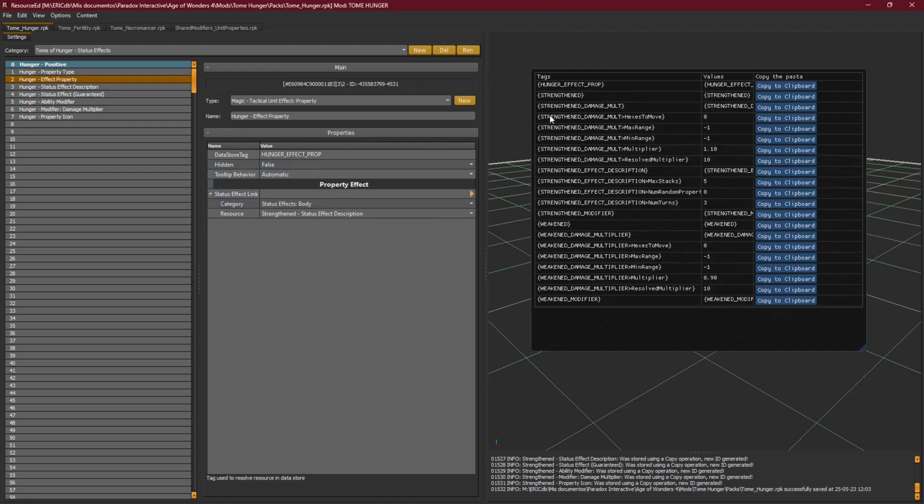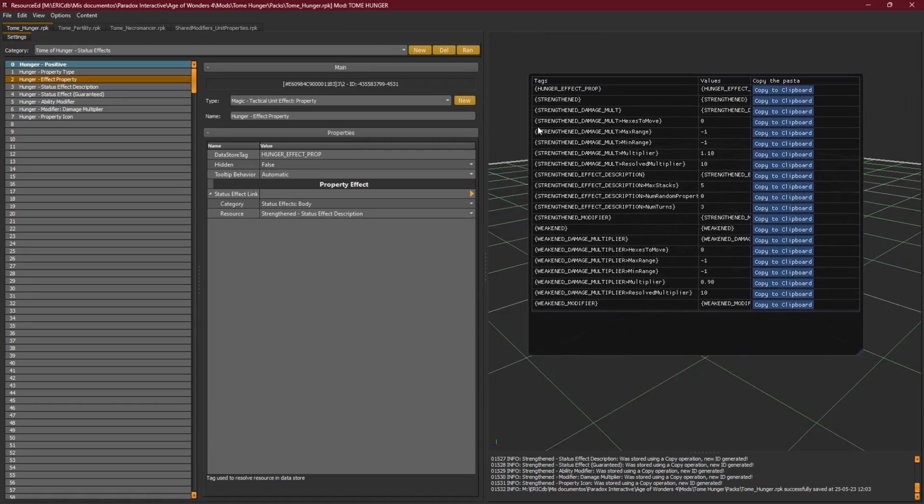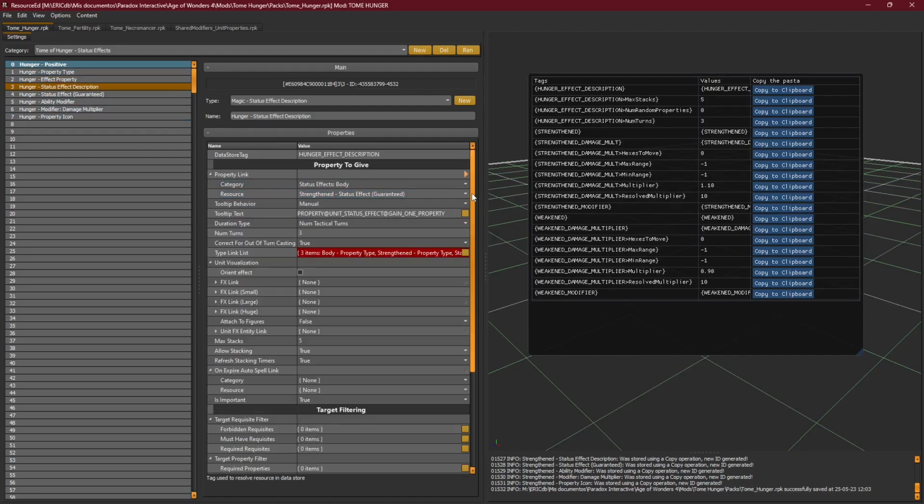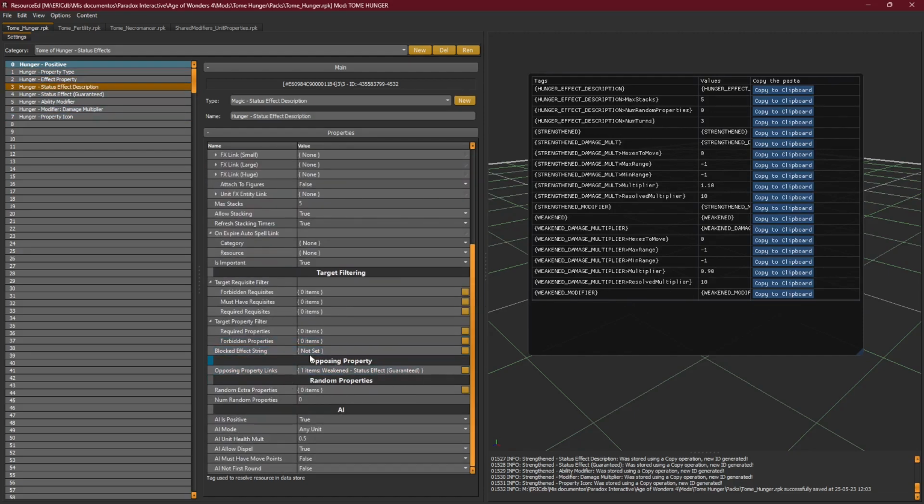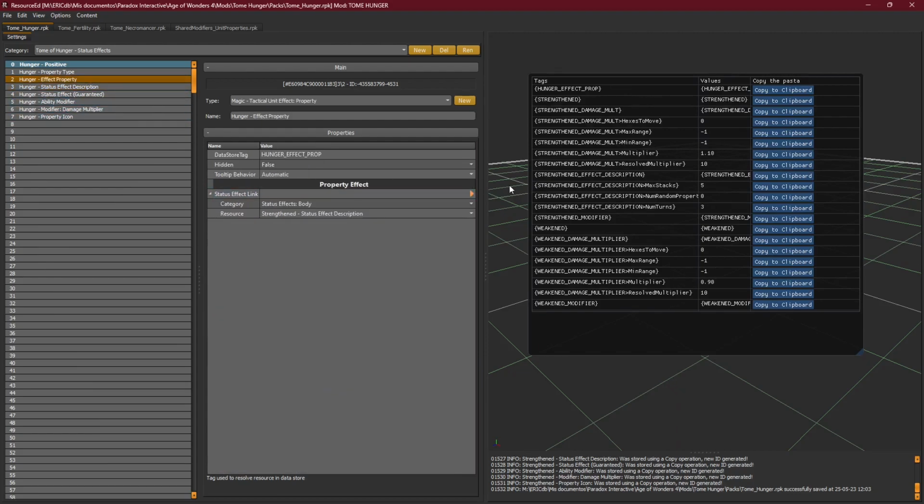As you can see, whenever we are using this data store tag, we also can get these little, let's say, references or hyperlinks or whatever, and they appear as strengthened and weakened because they are linked. These two properties are linked. Whenever you create a status effect, you can also link an opposite property that we'll be looking at in a sec. So for now, since this is not linked to this, but instead it's linked to the original strengthened in share modifiers unit properties, it's appearing like that. So we'll change that,